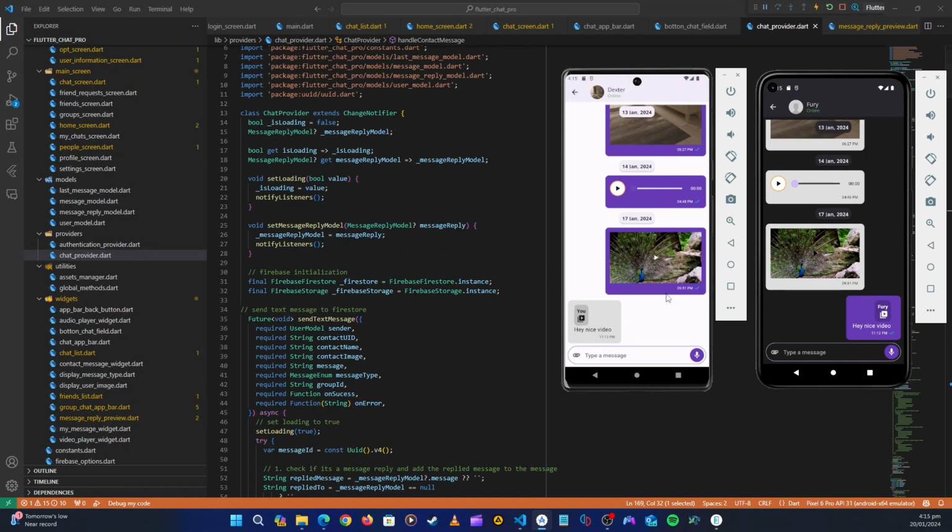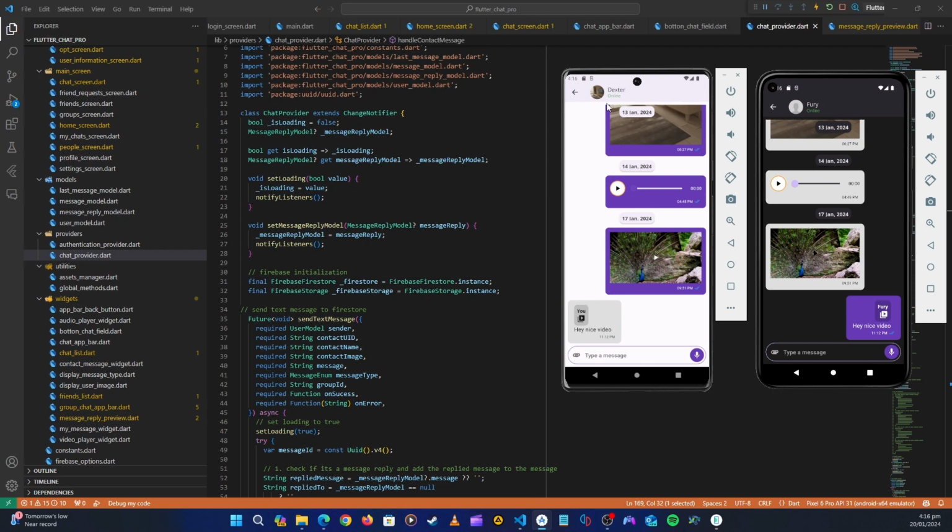So now that we have sent our video message, in this section we have to add some new features to our chat screen before we move on to the group screen, because I realize there's a lot that we need to do in here before we move on. All right, so this is January 2024, January 20th. Okay, so we can't have a chat app without reactions and